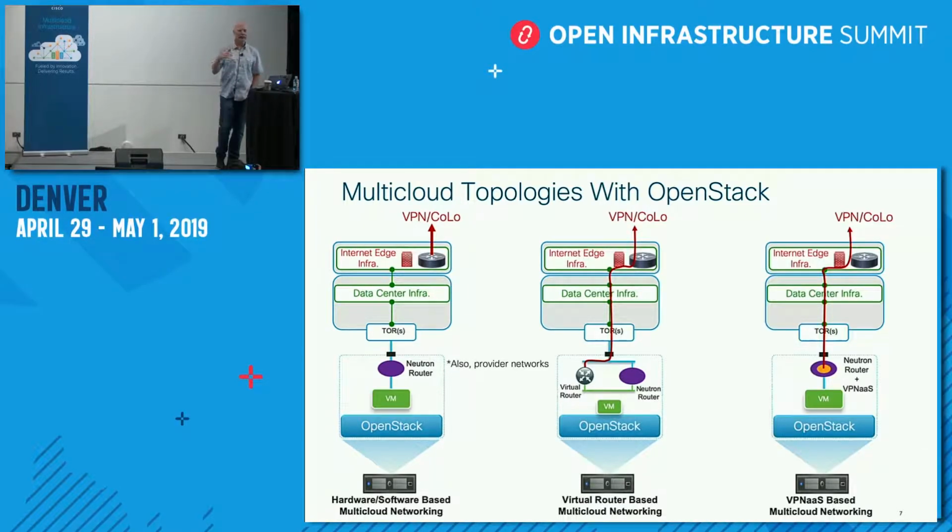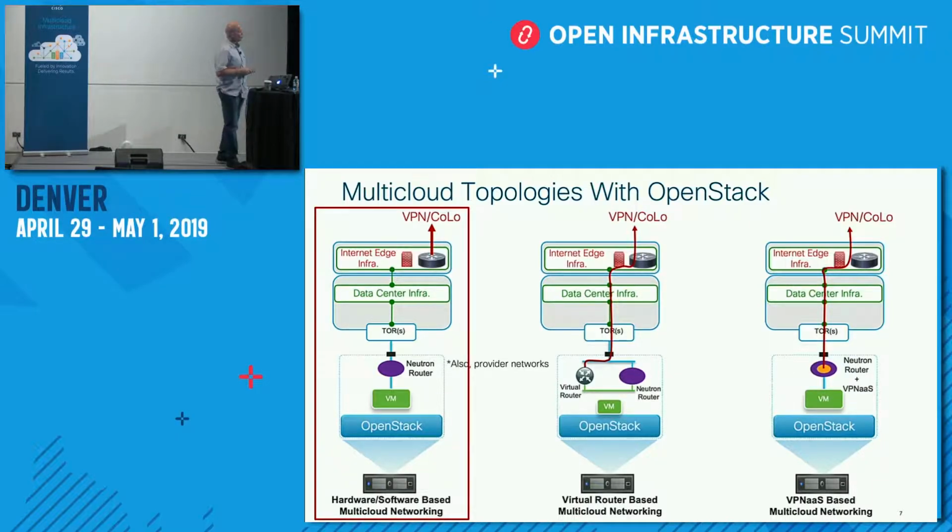Then the third one is to natively use something inside of OpenStack as a service, such as VPN as a service, where you're using a native VPN service to fire off not only your outbound connectivity into your local data center, but you're also using IPsec and IPsec rule sets inside of VPN as a service to establish that encrypted connection. We are going to be talking primarily in this discussion about the first option,